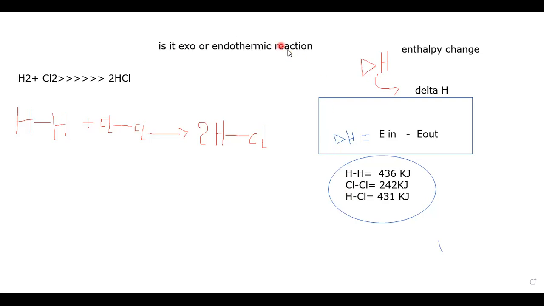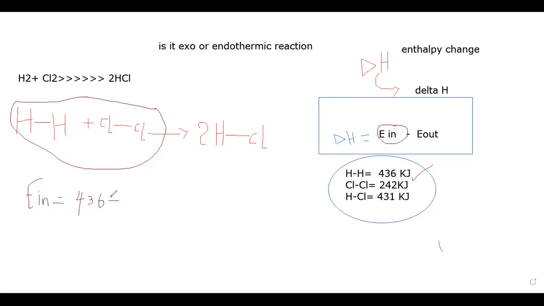Okay. Now I'm going to find energy in. What is energy in? It is the energy of the reactant. So here is energy in. Equal. Start from the beginning. What I have here, H bond H. What is the value of H bond H? 436. So I write 436